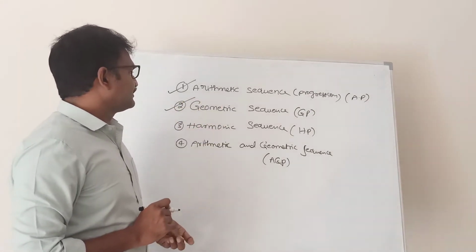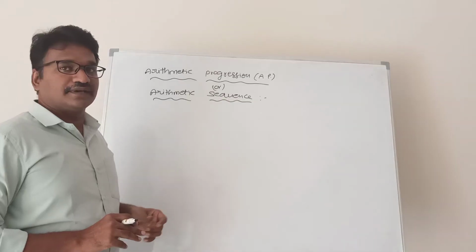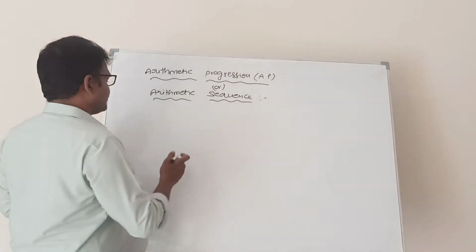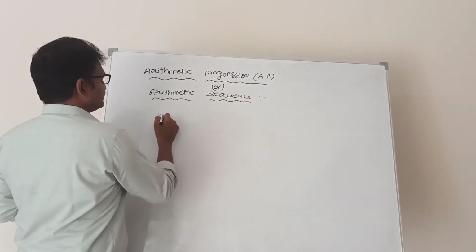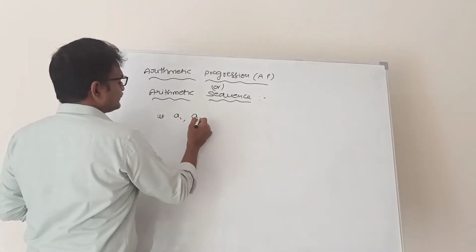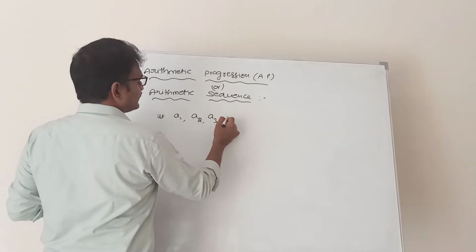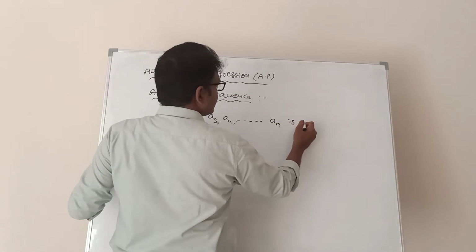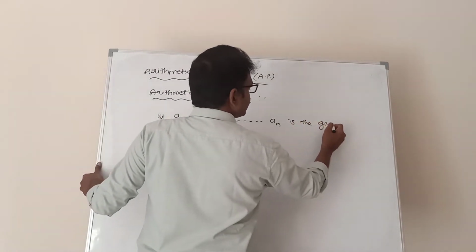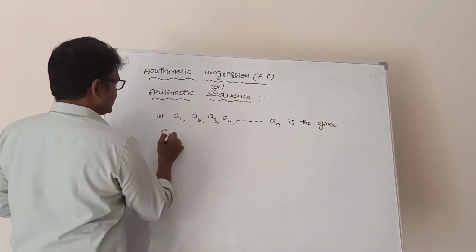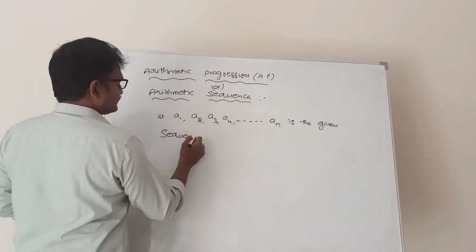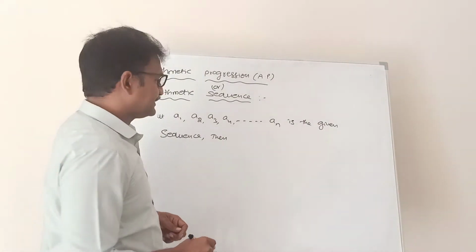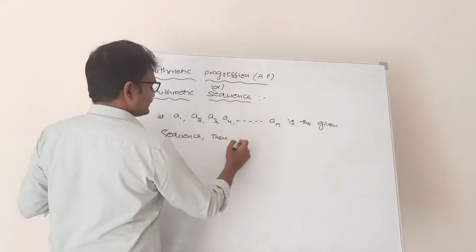So now first we are going to discuss arithmetic sequence, arithmetic progression, AP. So what is an AP? Let A1, A2, A3, A4, so on, An be the given sequence, then this sequence is said to be AP